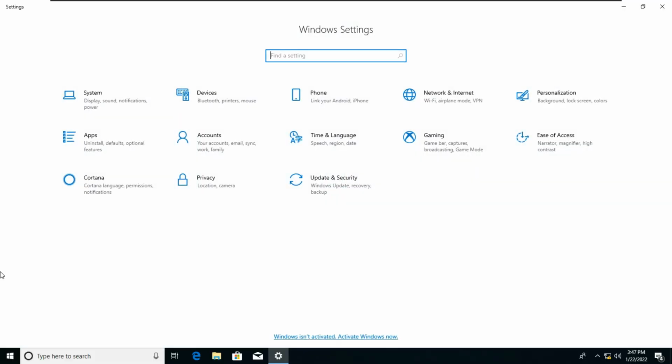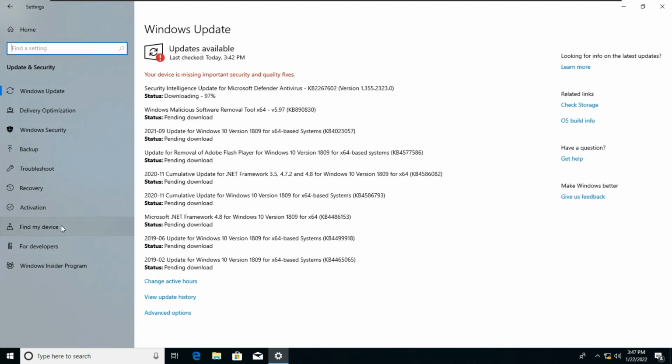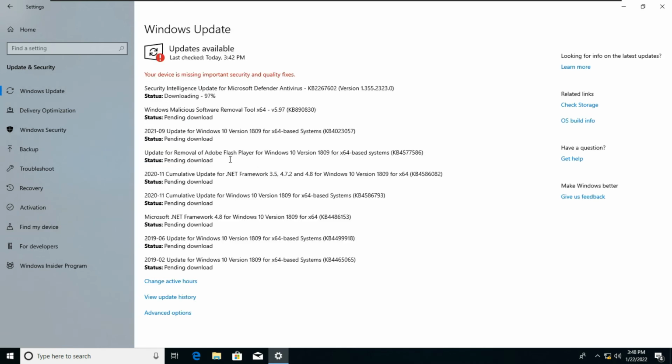And the problem with this OS is that it won't get regular updates, so you have to face the bugs because Microsoft knows no one will use this operating system. So Microsoft has lowered the updates. So if an update comes now, like now, an update has come for version 1809. So it's not even the 2022 update. Look at that, 2021. See, it's 2019. So there is no new update for this